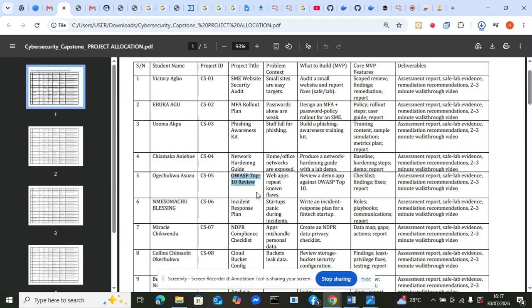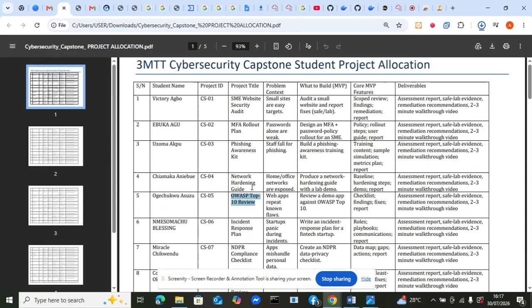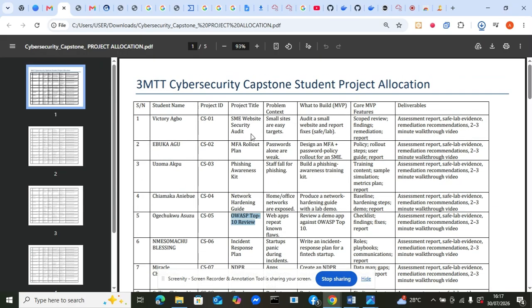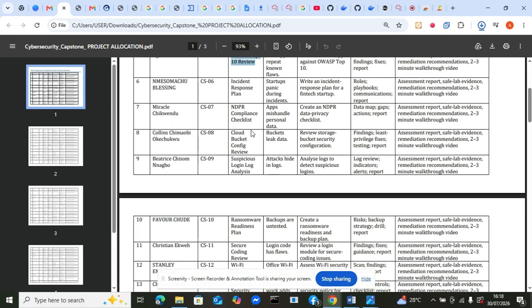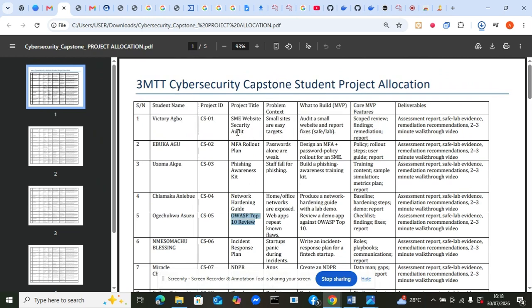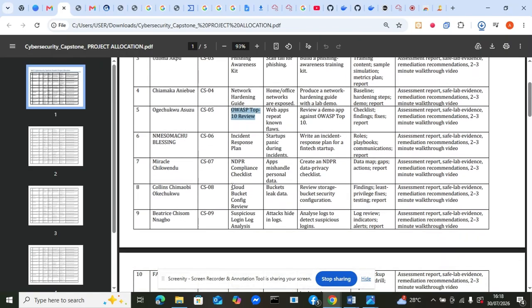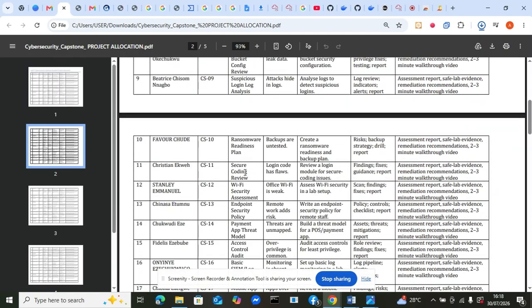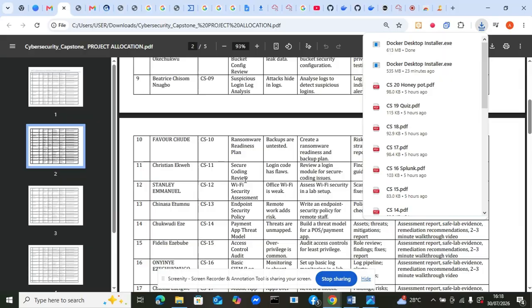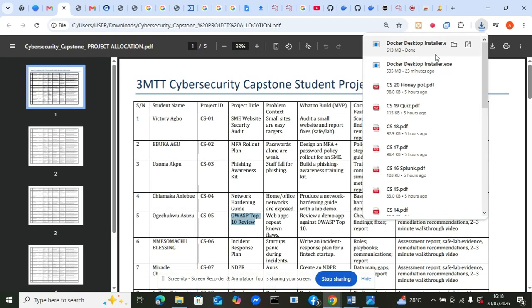This person needs this to be able to work, and this other person, I think, to a large extent also needs it. Then there is SME website security audit, so this person also needs it. So any person with CS01 and then CS05 needs it.